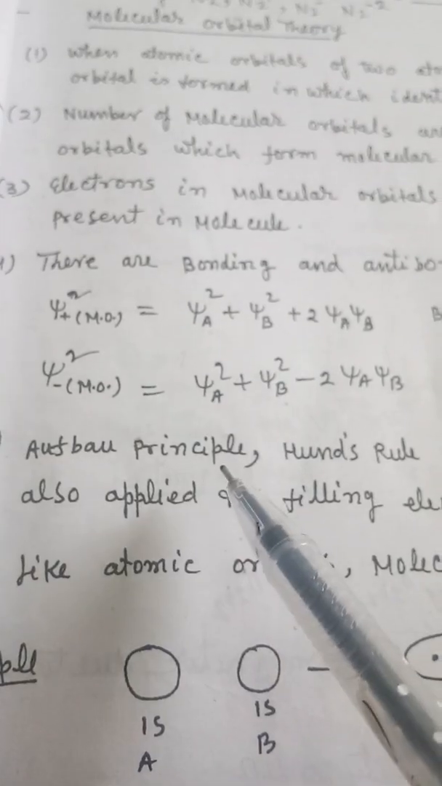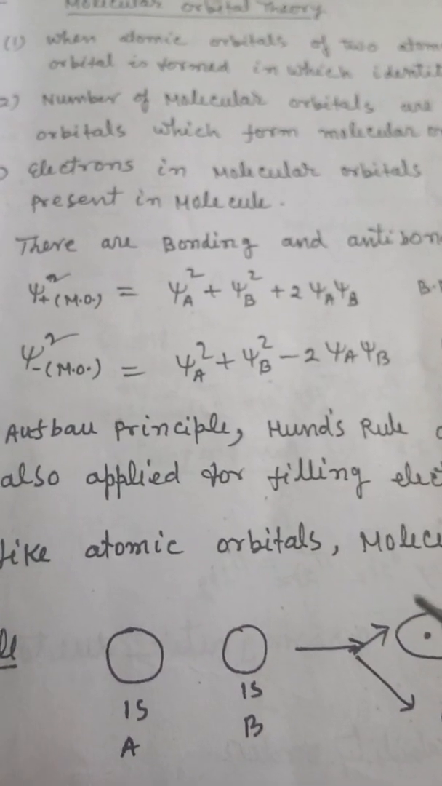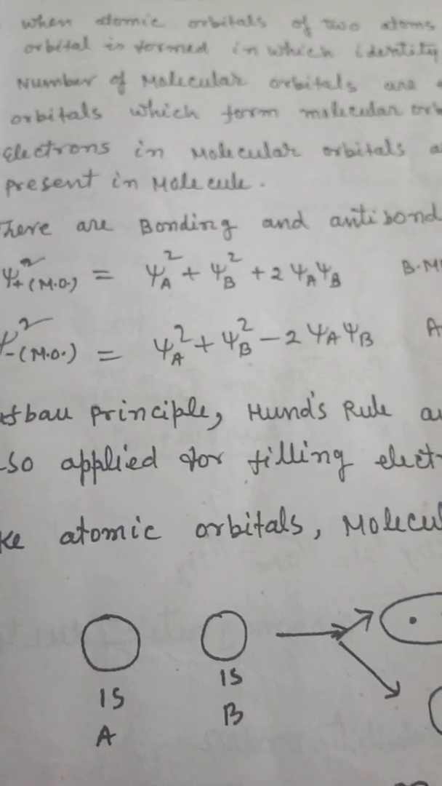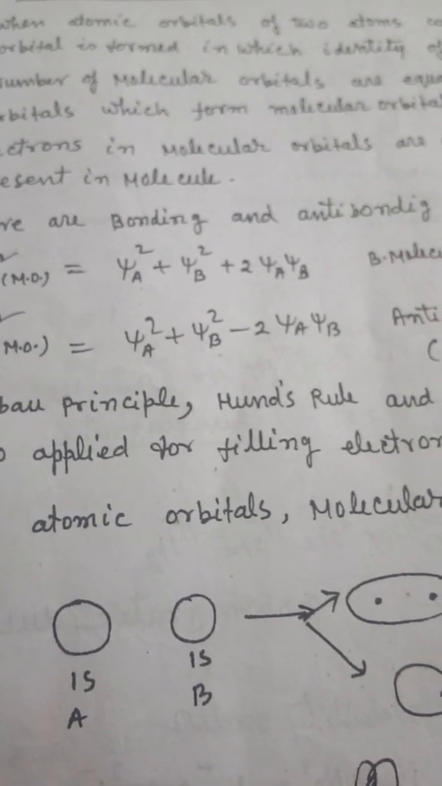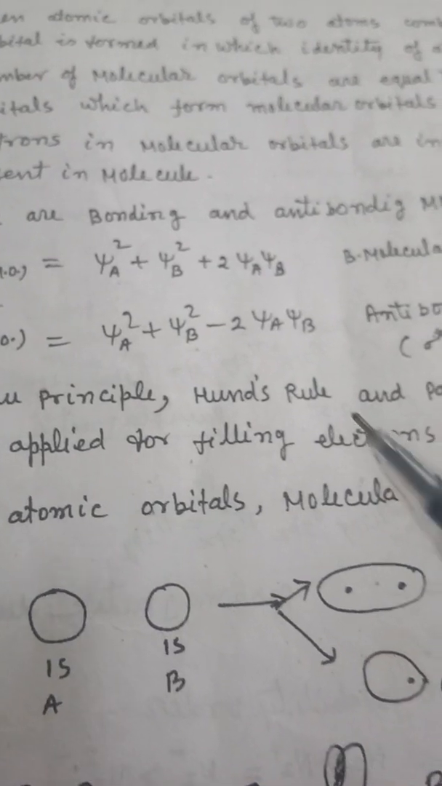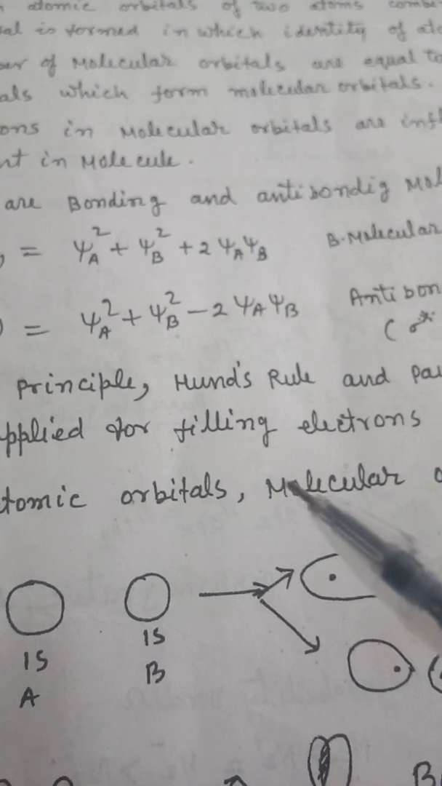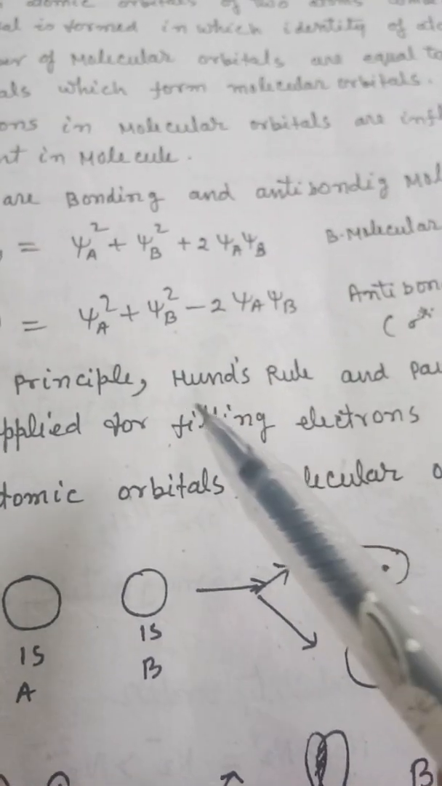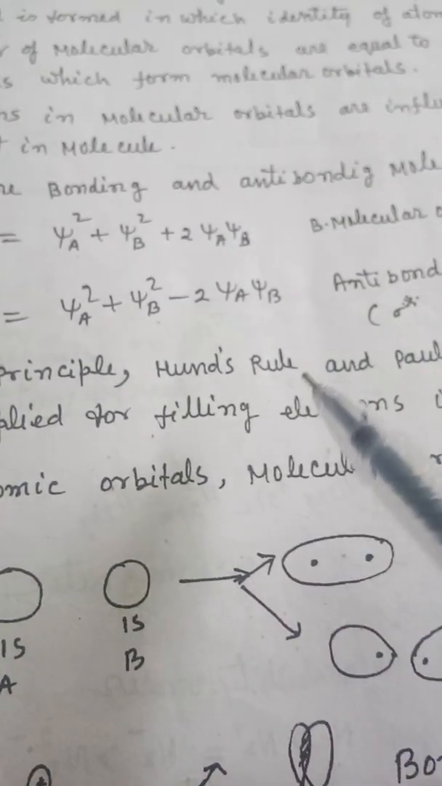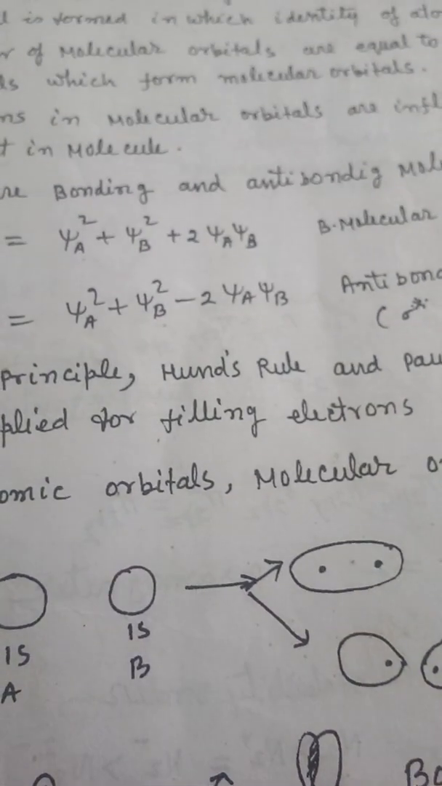The Aufbau principle means we start filling electrons from the lowest molecular orbital to the higher molecular orbitals. And according to Hund's rule, which is also known as the maximum multiplicity principle,